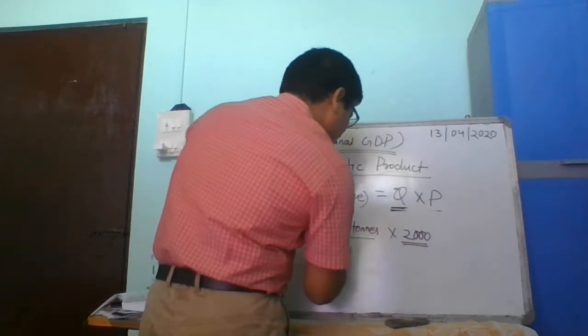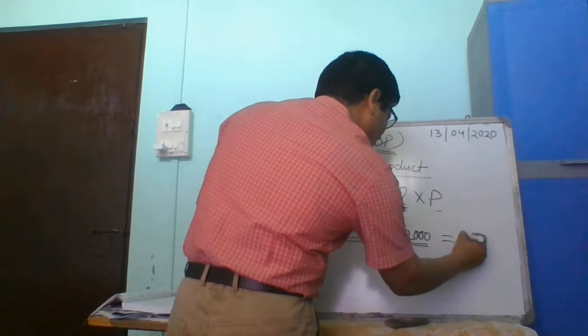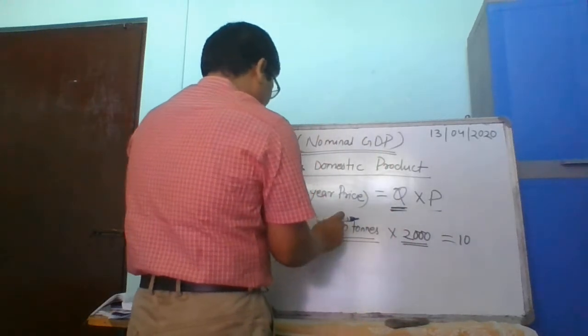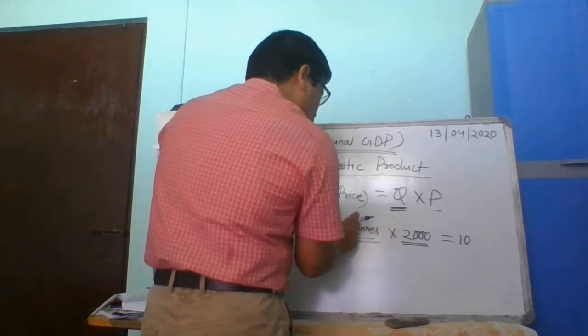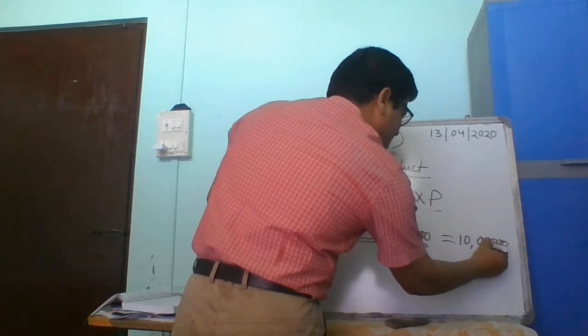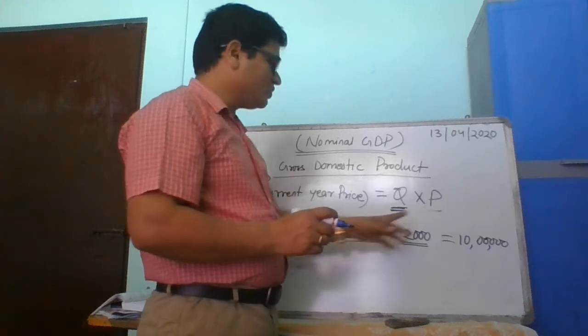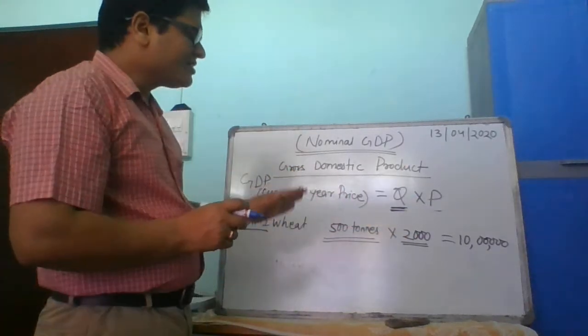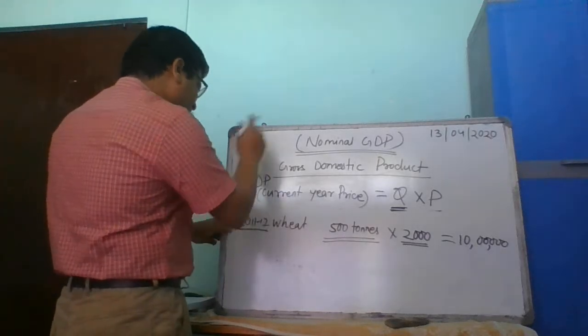So what is the GDP? 5 twos are 10, 5 zeros are 0, that is 10 lakh. That is the nominal GDP of that year,